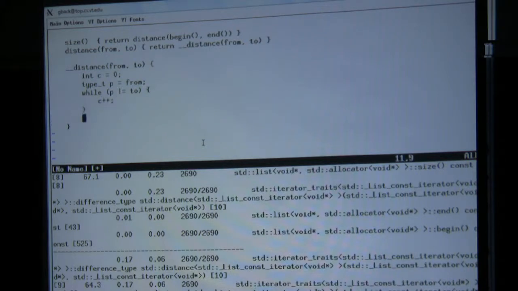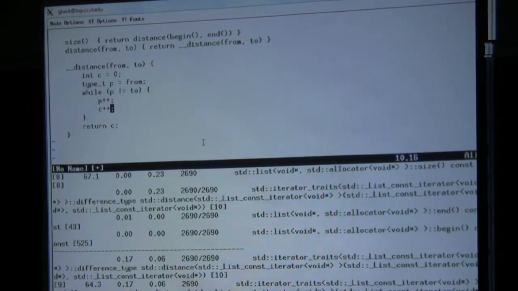count, return the count, and of course advance from. So this invokes the not equal operator, this invokes the plus plus operator, those were the calls that we have seen, and this is how this list is being counted. So, right,